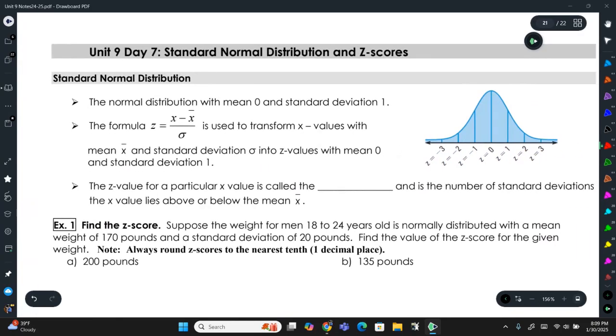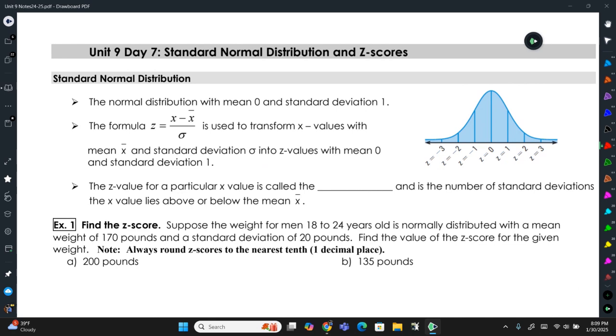So today's lesson is going to expand on the normal distribution and finding the probability that our data lies within a certain range or a percentage, using what are called z-scores. Now, the z-score is the measure of how far away or how many standard deviations your data point is from